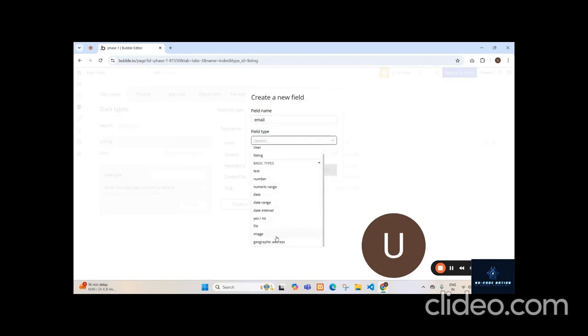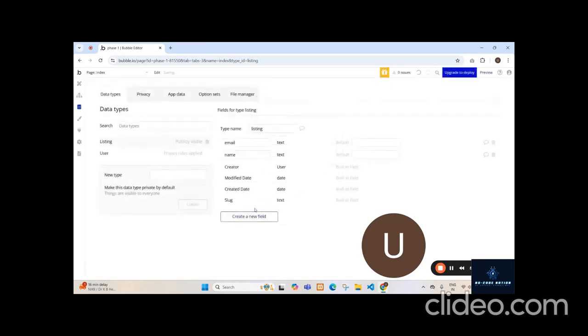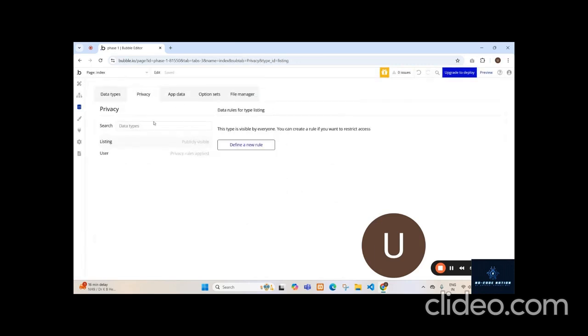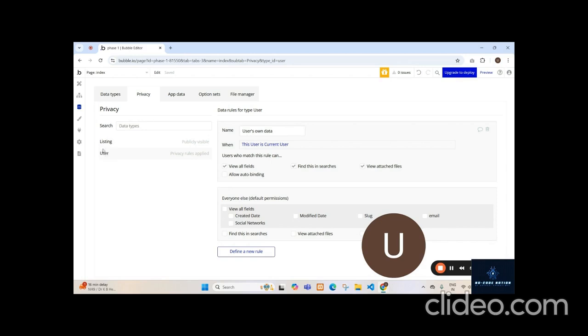We can select any kind of data type, for example, here I'm adding text only. In the privacy section, we can attach any kind of rule related to that particular data type. Here we can select data. User is a privacy rule that has been connected with it. This user is the current user. So we can check, uncheck any field and define any kind of rule that we want to be linked with